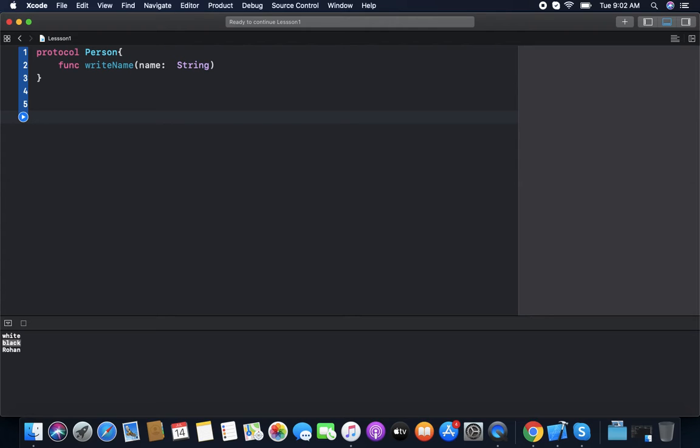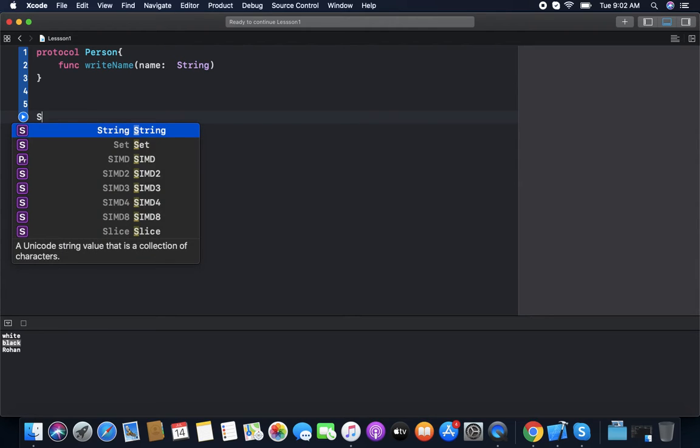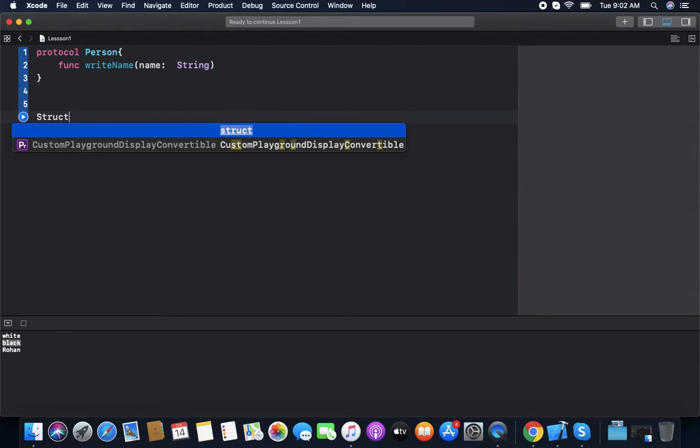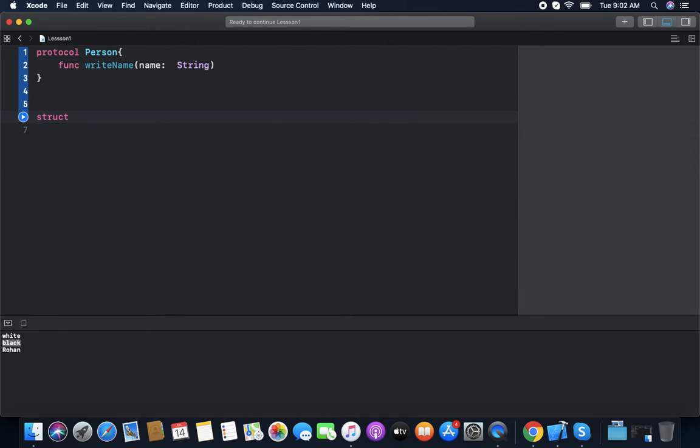If anyone, like we have a struct Student, inherits from Person, it must mention this function.